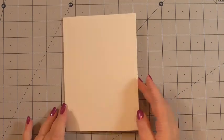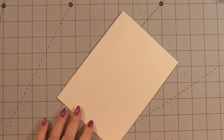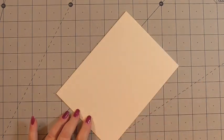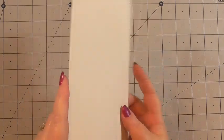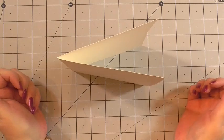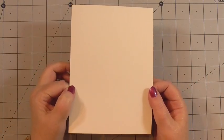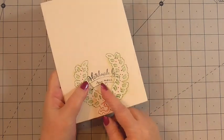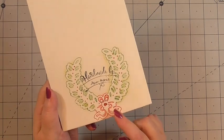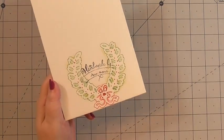I'm going to be using a 7x5 inch ivory card base. I'm going to use my bone folder to make sure we've got a nice crisp professional looking edge, as we do on all our cards, so it stands up nicely when it's on the mantelpiece and it hopefully won't fall over. I've used my handmade stamp on the back, and this is one of the techniques I want to show you. I've used the actual laurel die